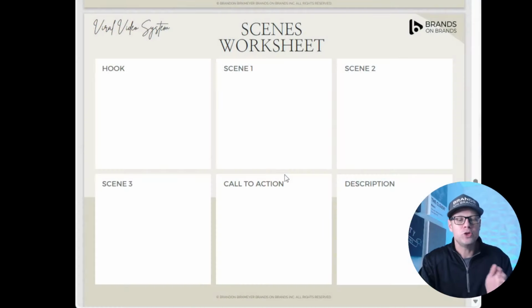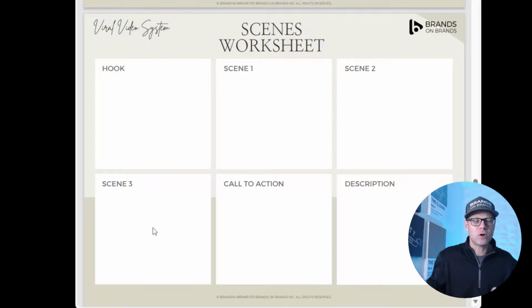And that middle might just be a supporting point for the thing you said in the beginning, and the end might just be a conclusion or a call to action, right? Or summarizing what you've already said. What's important is that you lay them out and you know what you're going to talk about first, second, and third so that you can get through the video quickly. Speed matters when you're doing short videos. So say the hook, go through scenes 1, 2, and 3, and then have a call to action.